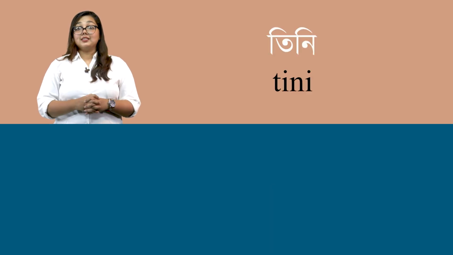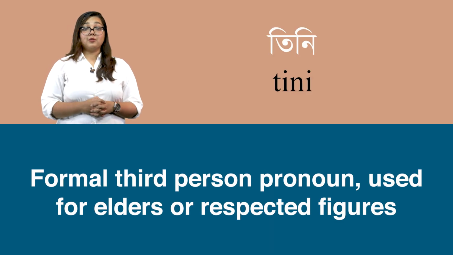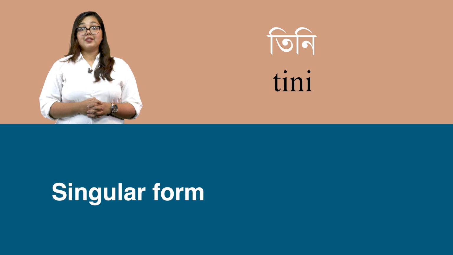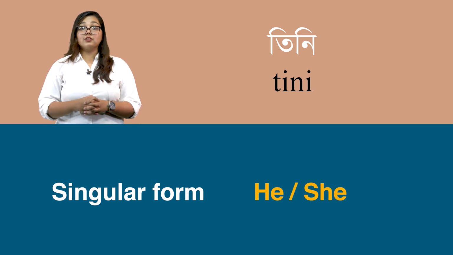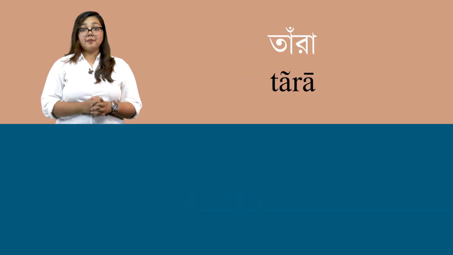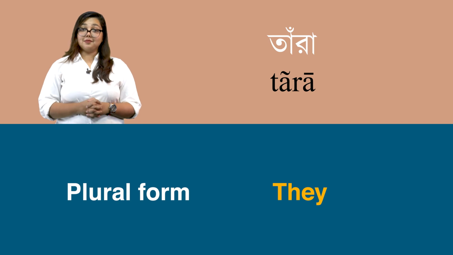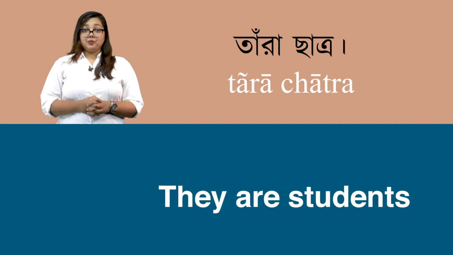Tini is the formal third person pronoun used for elders or respected figures. Tini is the singular form. It denotes he or she with honorificity. For example, Tini chhatro. Tara is the plural form. It denotes they with honorificity. Example, Tara chhatro. Now, let's see the same pronouns with verb to understand how the verb form changes as per